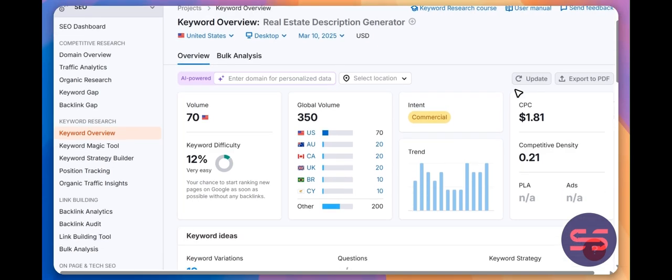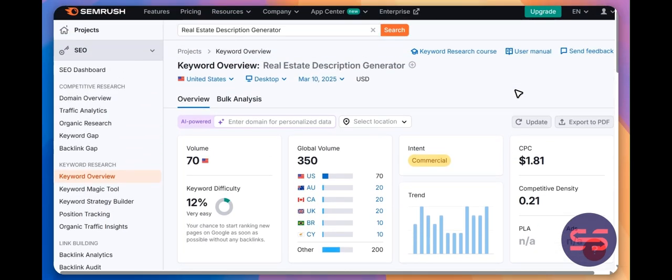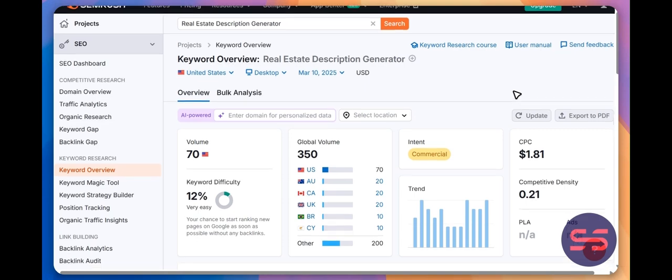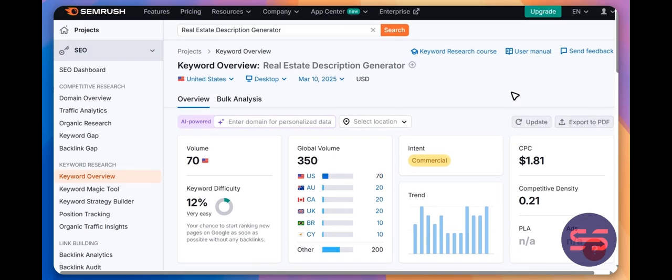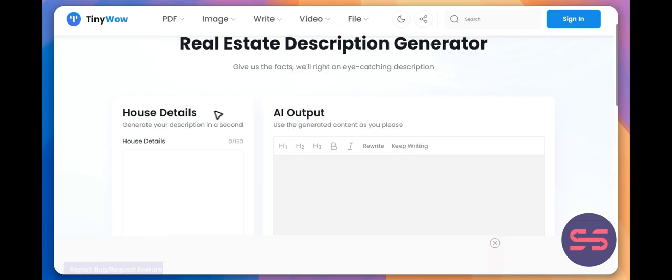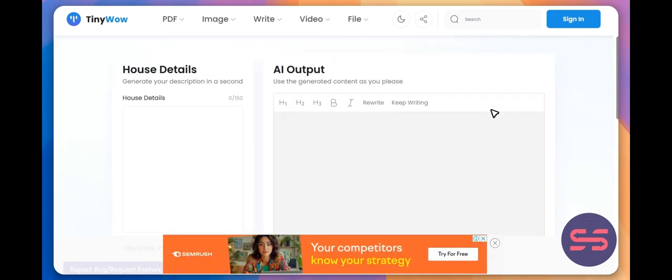Hey guys, so today I'm going to show you how you can get a ton of traffic to your blog with minimal effort. It doesn't matter if it's an established blog or a new blog that you're planning to create, you can get a ton of traffic with very little effort and you can start making money really, really quickly. Now, the way we are going to do that is by creating a really easy and basic tool